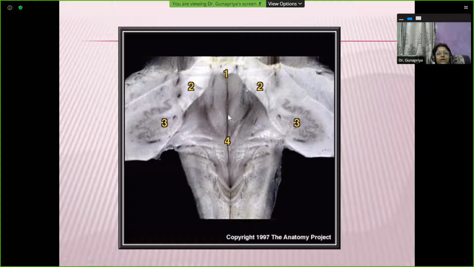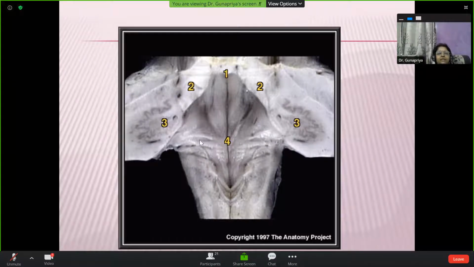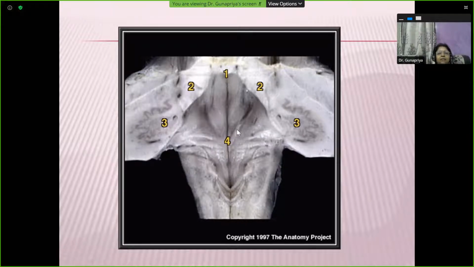The median sulcus you can make out. That's the hypoglossal triangle. That's the vagal triangle. And you can make out this whitish ridge here. This is the funiculus separatus. This is the area postrema. This is your tinea. And that's finally your obex. So I think all the features you can make out very well. These transverse fibers are the striae medullaris, median sulcus, facial colliculus, sulcus limitans, superior fovea, and locus coeruleus. And this area is your vestibular area.